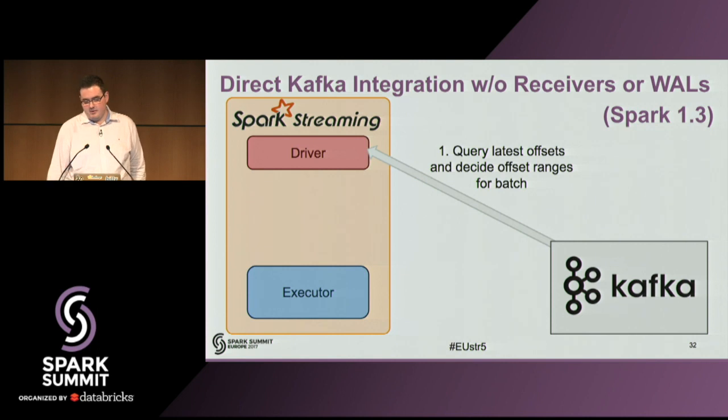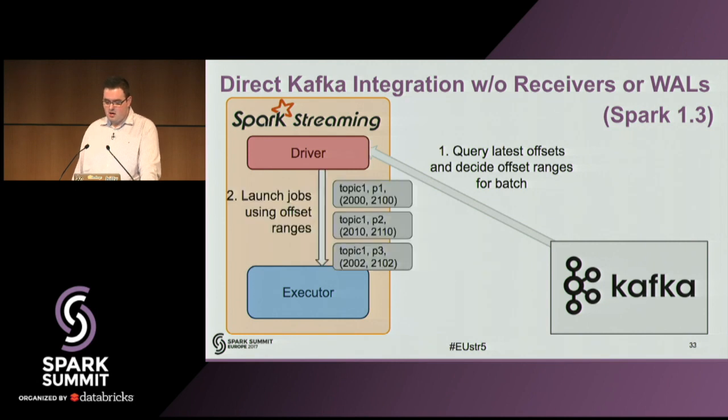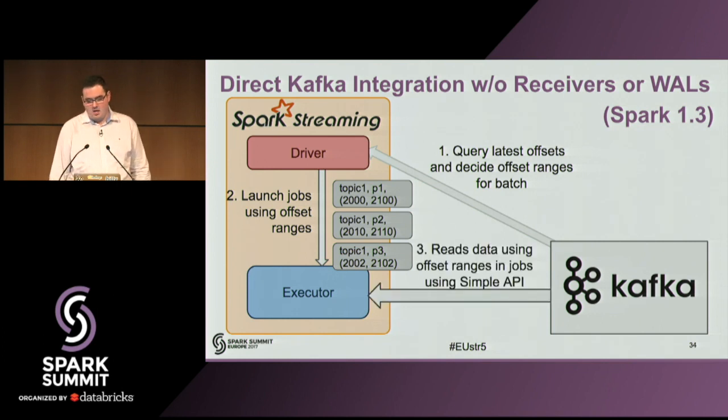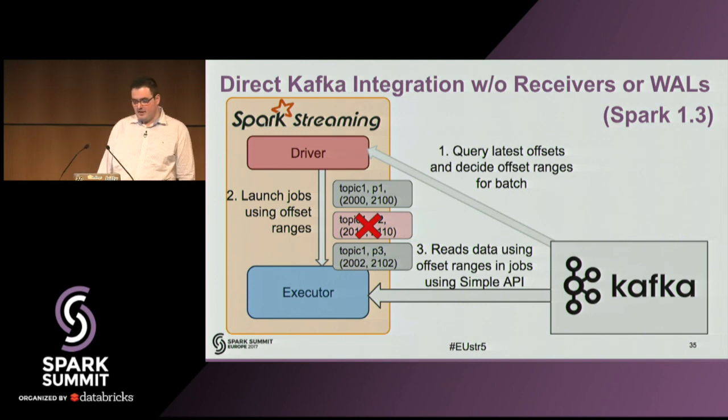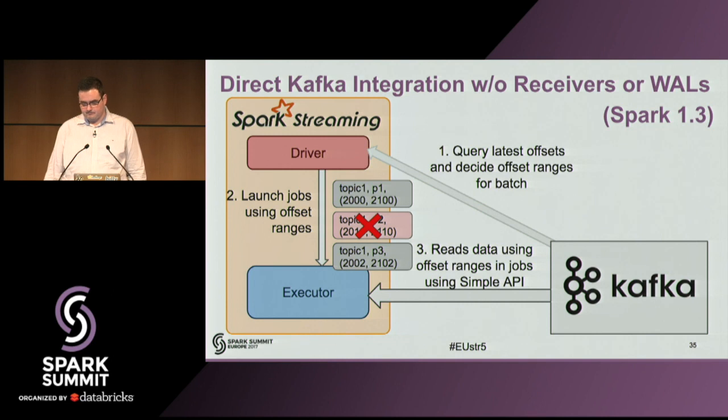So, the first step runs on the Spark Streaming driver. It asks Kafka for the latest offsets on each partition of the topic. With this information, topic, partition, offset start, and offset end, the driver launches deterministic and repeatable jobs on the executors in the right order. Then each executor will process the task while retrieving the data directly from Kafka using the simple API. If a job fails due to another failure or whatever, it doesn't matter. We have not lost anything. Just reschedule the same deterministic task on another executor and retrieve the data again from Kafka.